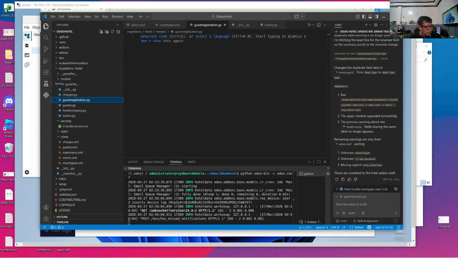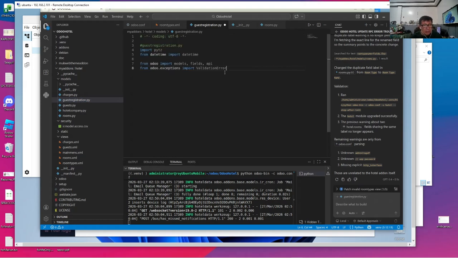I had this prepared, but we are first going to get our imports and explain why we need them. Here we have guest_registration.py. One of the imports is pytz, a whole module that we need to format our dates in different date formats.